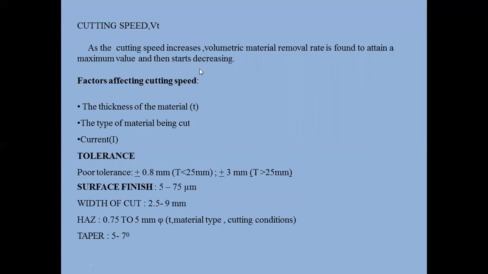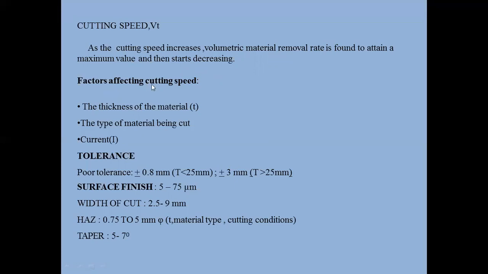Coming to the cutting speed. As the cutting speed increases, volumetric material removal rate is found to attain a maximum value and then starts decreasing. Cutting speed and material removal rate are directly proportional, so if speed increases, material removal also increases. So we need to maintain a certain level of speed so that material removal will be optimum.